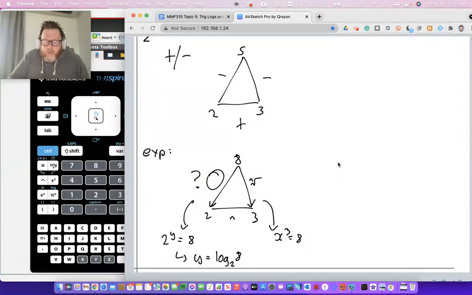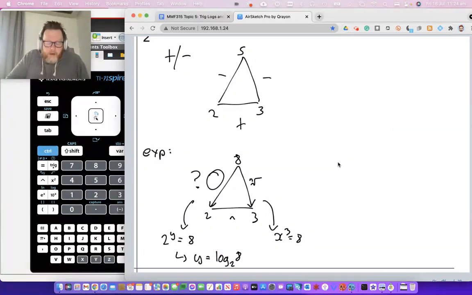Okay, down here, what we're really doing is we're asking ourselves, x cubed equals 8, what is x? We cube root 8 in order to get what x equals, which is 2. Here, we're saying 2 to the power of what equals 8? We know it's 3. So the opposite operation we're going to define using this word called log, which is short